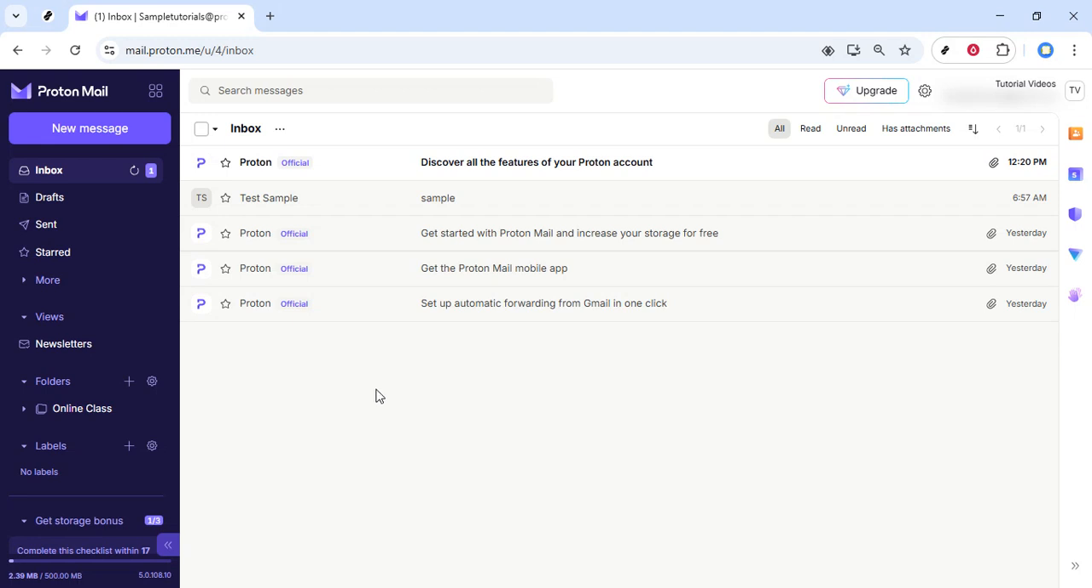First, open your preferred web browser and go to protonmail.com. You can type the address directly into the address bar at the top of your browser window. Make sure you're on the official Protonmail website before you continue. If you're already signed in, you should see your inbox or the main Protonmail dashboard. If you're not signed in yet, go ahead and log in with your usual credentials so you can access the